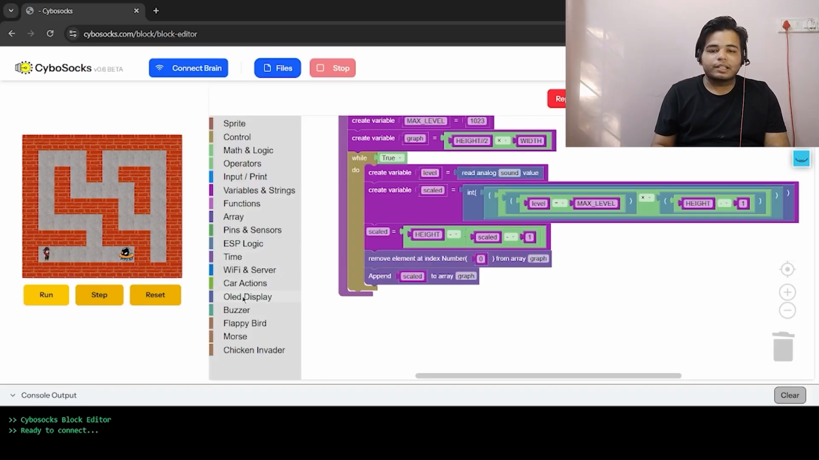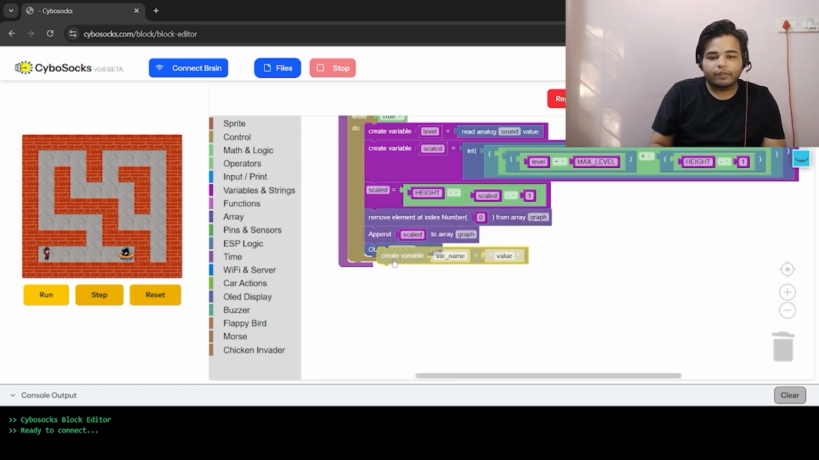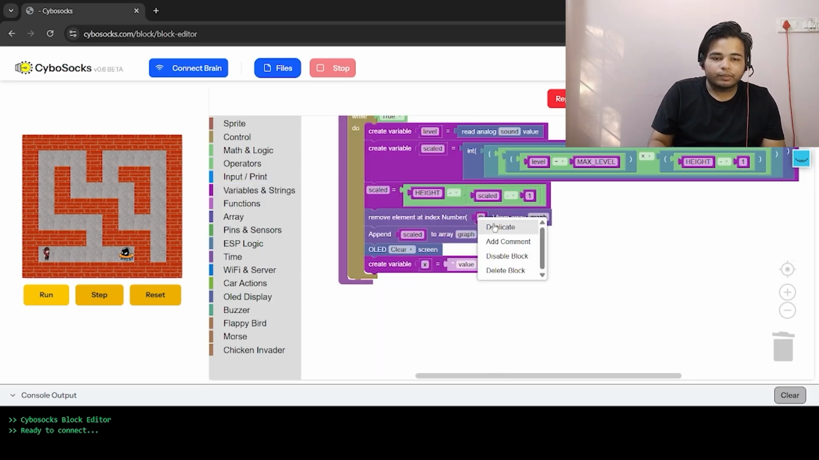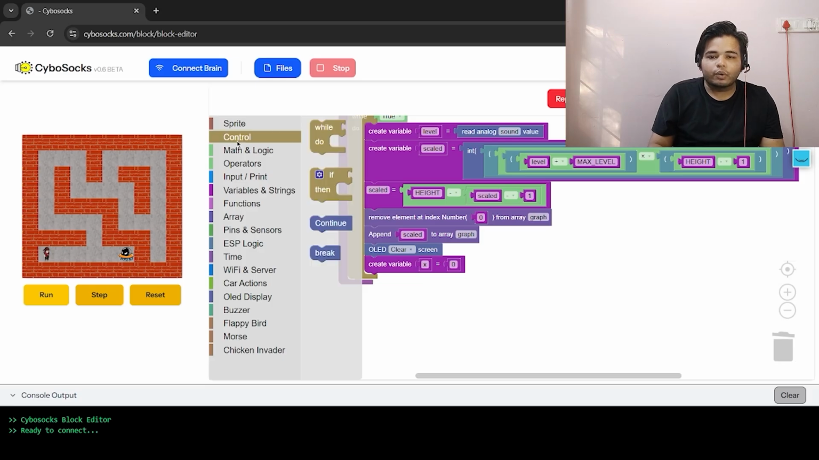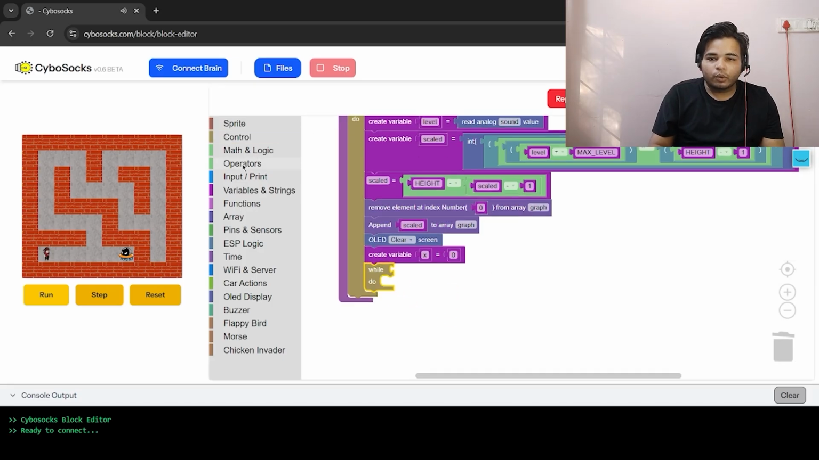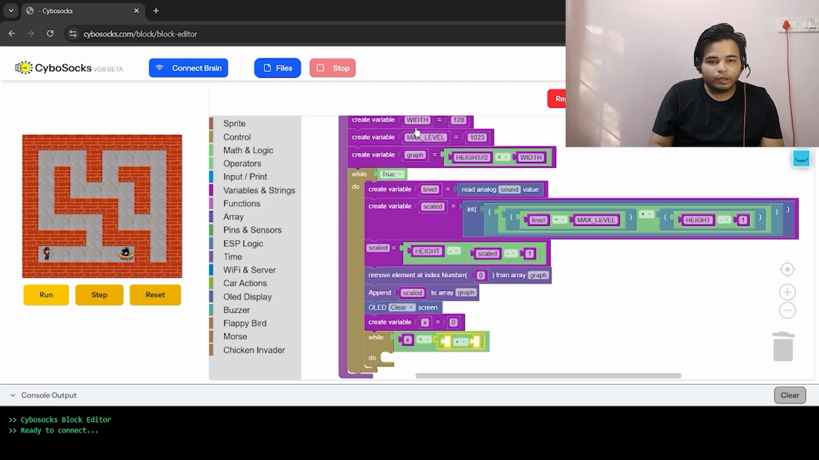Now what was the next step? Yes, show our graph on our OLED and our sound value on our OLED. For this, go to OLED display, pick OLED clear screen block. Now go to create variables block, create variable, pick value block, write x, duplicate 0, go to control, pick while block, go to operators, pick comparison block, duplicate x, and go to operators, pick arithmetic block, duplicate width,